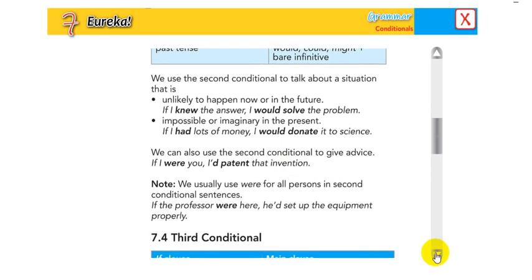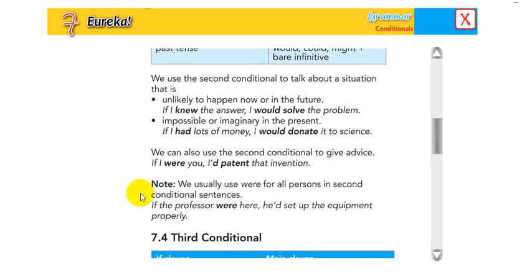So we can use the second conditional to give advice or to make impossible wishes, as we said. For example, if the professor were here, he would set up the equipment properly, which means the professor isn't here and he can't set it up. So I just need you to take a note or remember that in the second conditional we use were with all